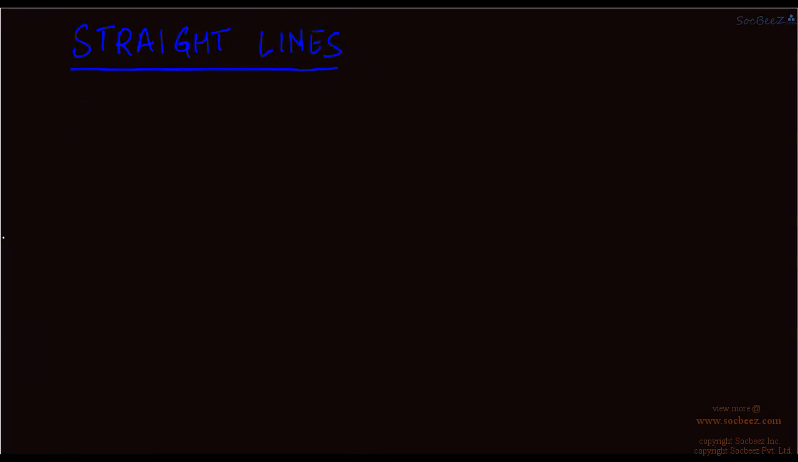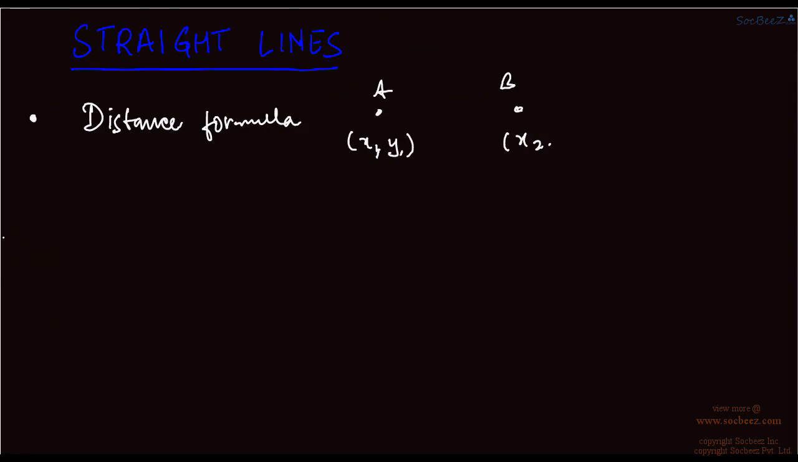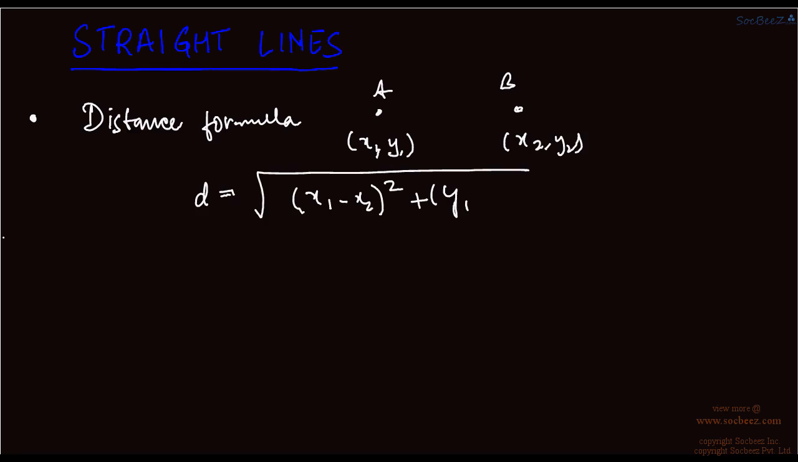Let's continue with the straight lines. The first important formula in this chapter is the distance formula, which gives the distance between 2 points, let's say A and B. A is (x1, y1) and B can be (x2, y2). So the distance, given by D, will be root of (x1 minus x2) square plus (y1 minus